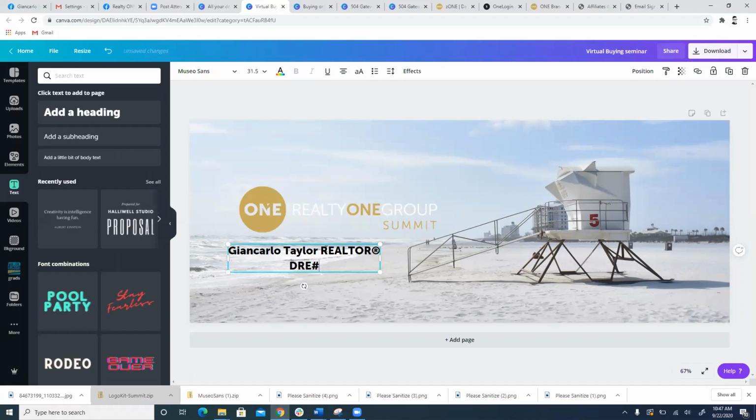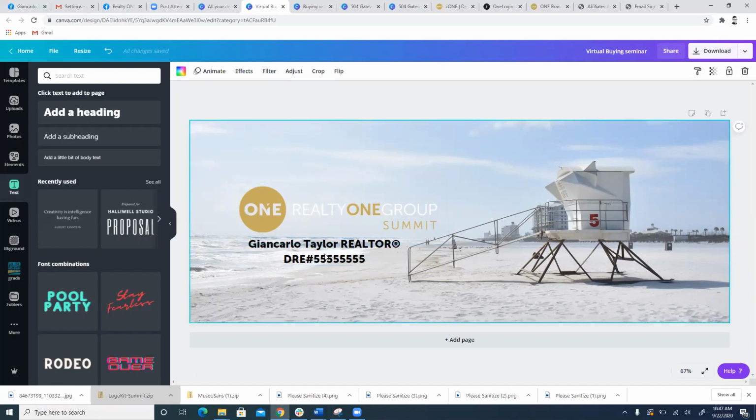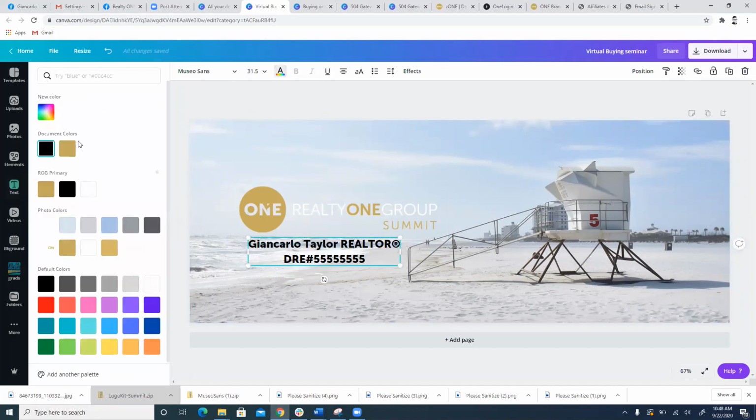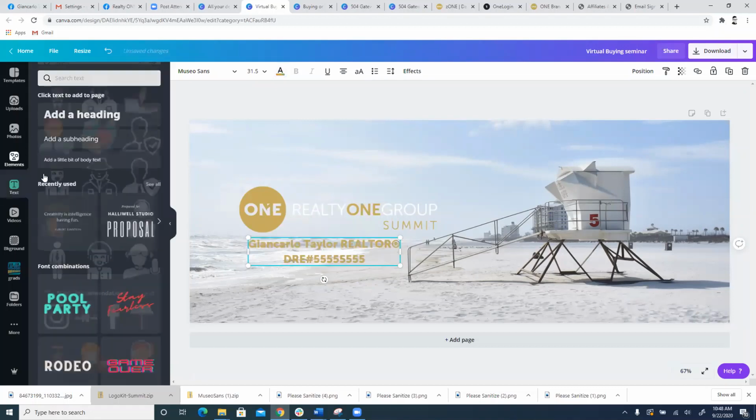DRE. And then we'll make this color something that stands out a little bit more. Let's see. Kind of gets lost there. Gets lost as well. I could just do gold so it matches, but what I'll do here is